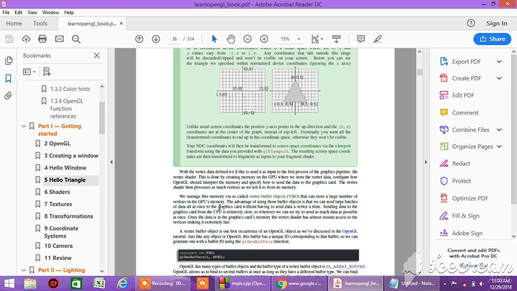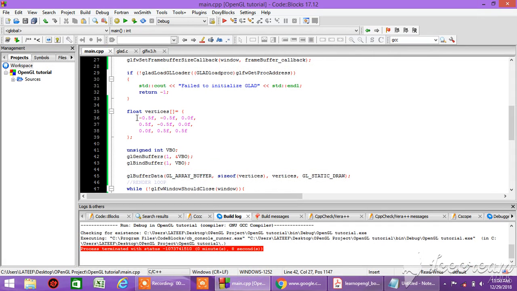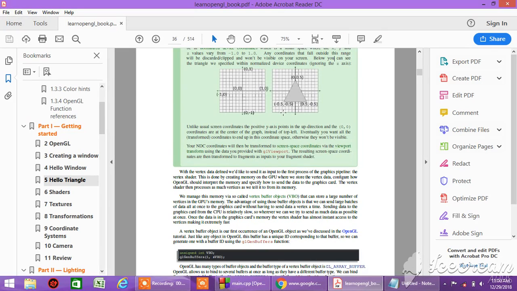Your 30th modern OpenGL tutorial. In the last tutorial, I was trying to explain how we are drawing our triangle. Our x was minus 0.5 and our y was minus 0.5, which we can represent in this. So this is it. X is 0.5, minus 0.5, that is